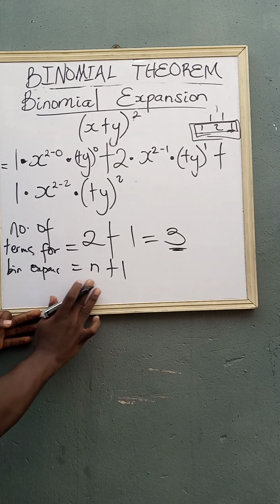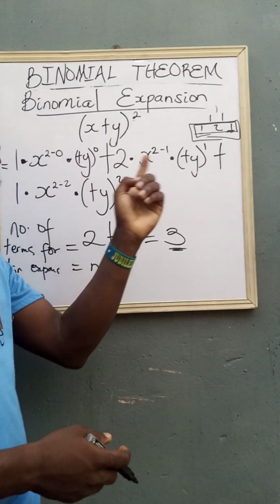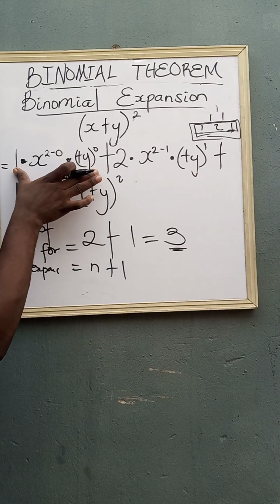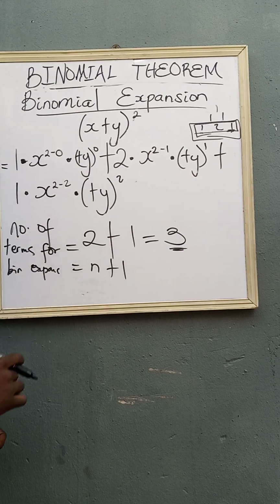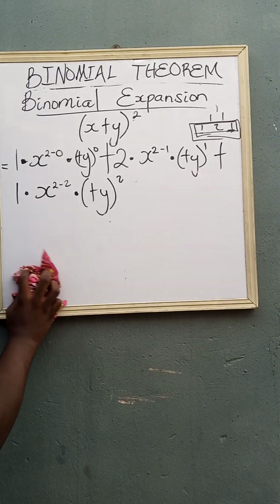terms here for this binomial expansion. Why? Because our power is 2. To get the number of terms you have, you add 1 to it. That gives 3. That's why we have 3 terms here. Do you get it? Please take note of that also. Please, it's very important. Alright. So moving on,